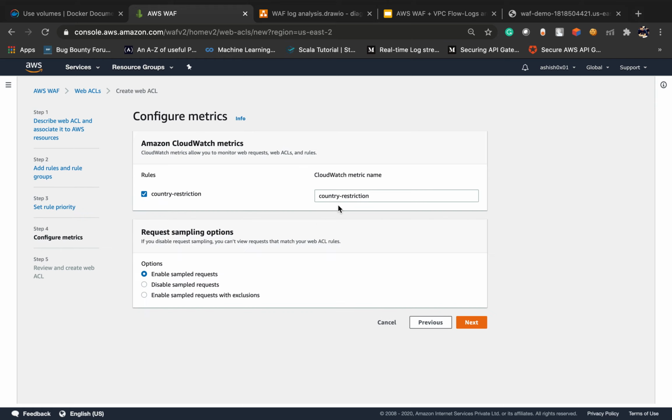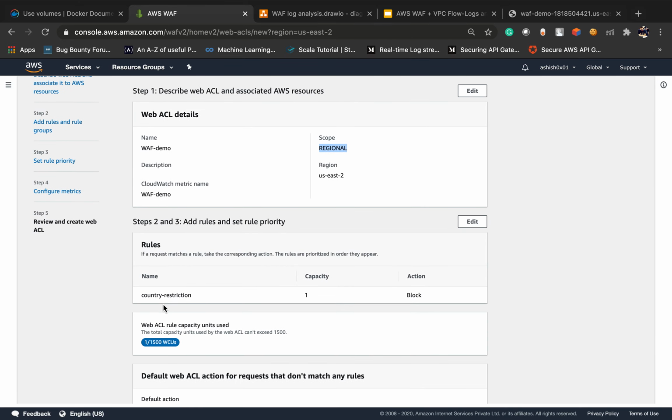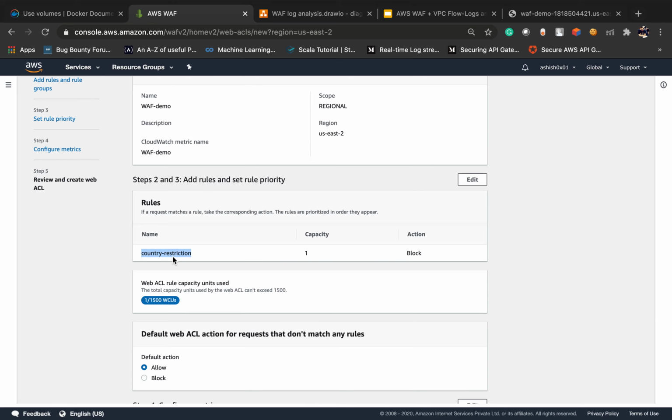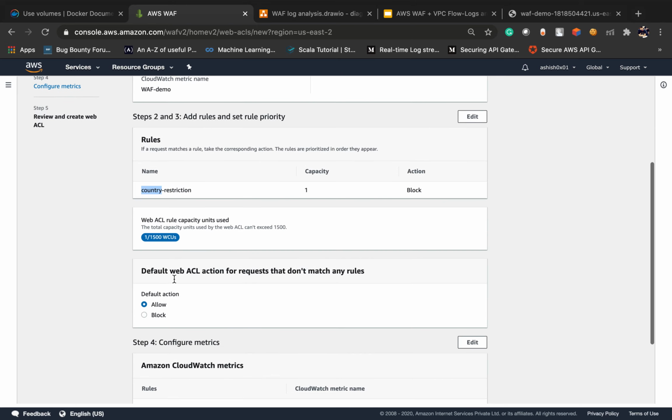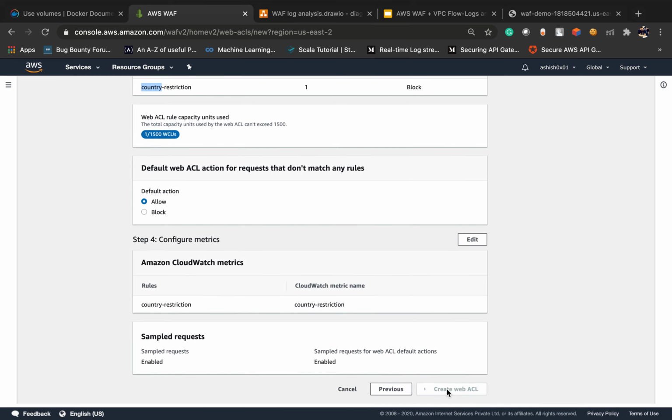Next is the CloudWatch metric name. Next, review. It is our name, scope is regional. Currently we are using only one rule, the country restriction rule. Block, yeah, that's it. Create.